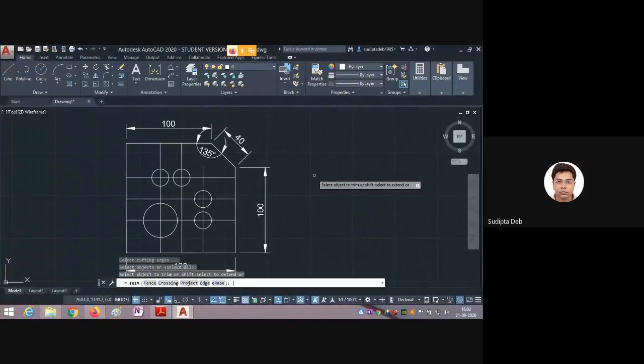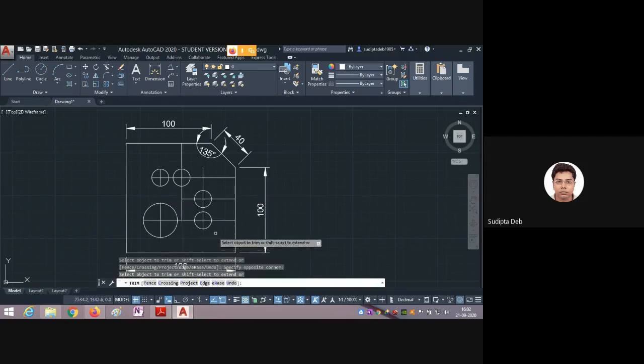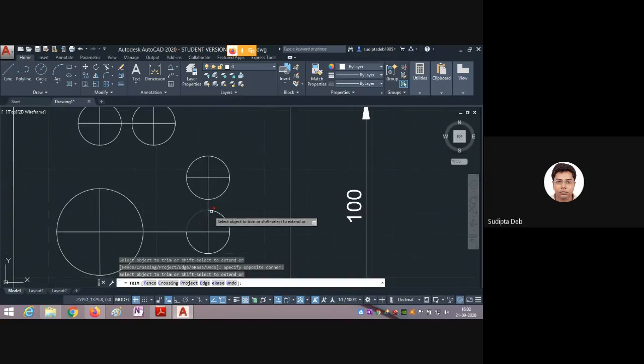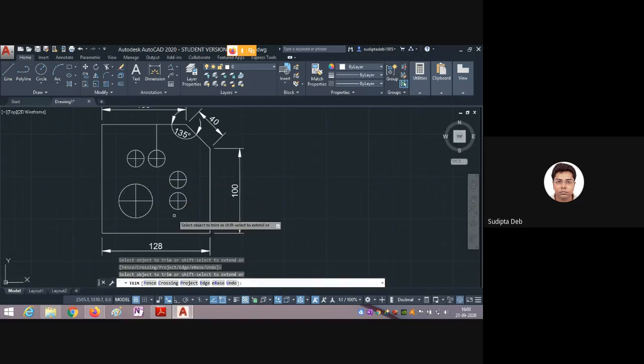1, 2. I have pressed the double enter twice. Then just move your cursor like this. Select this one. Select this one. Or I can drag like this. Also, I can trim the unwanted section from here. These things are not required because for drawing purpose we have used these things. Right now these are not required. Just zoom in, cut this section, zoom out now. Okay, this is also drawn.